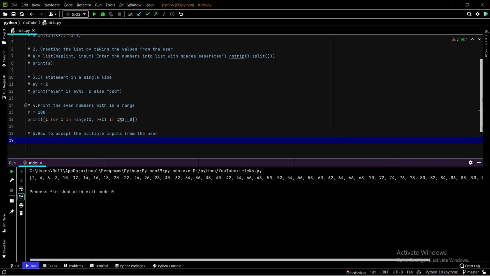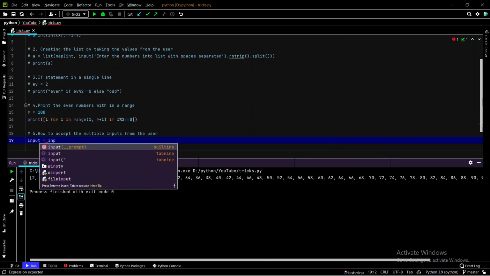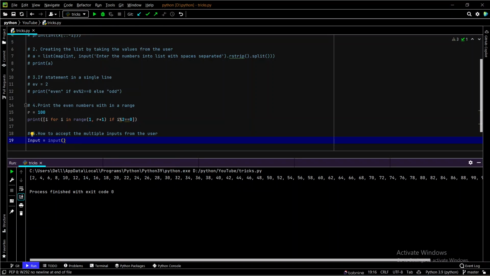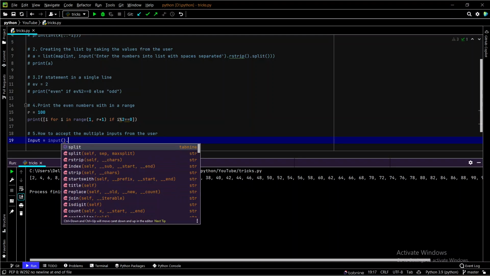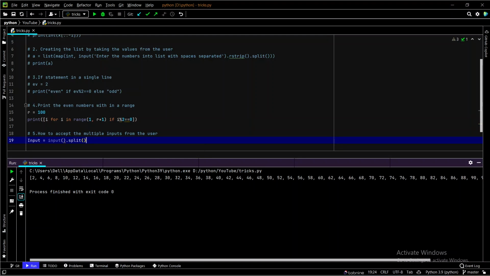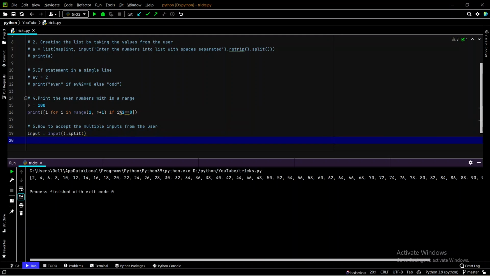Okay, I1, that means input 1, or directly I'll add input like this. Input equal to input of, I want just a string but not an integer, so I'll just add input dot split. You know, right, what split does? It splits with respect to spaces, right? Okay, now I just want 2 inputs, right? What I'll do over here is, see,